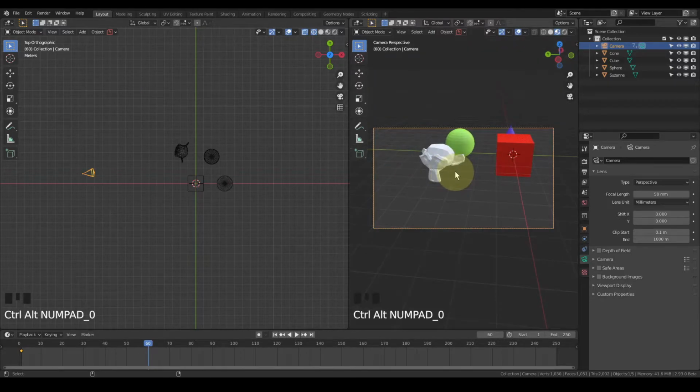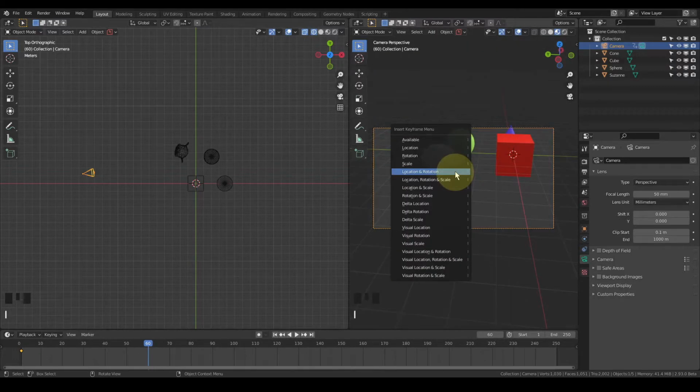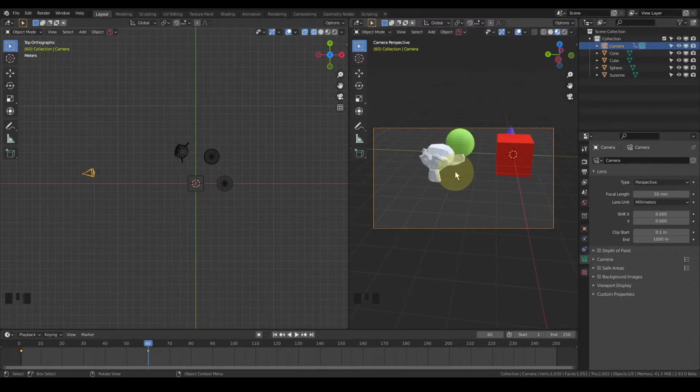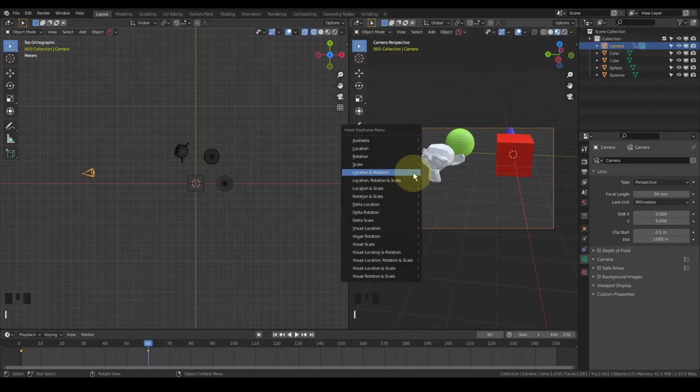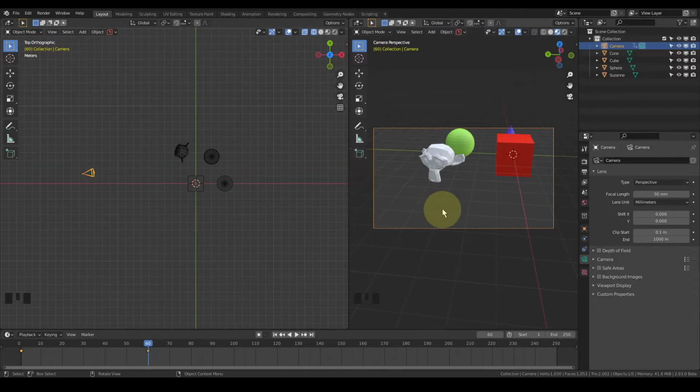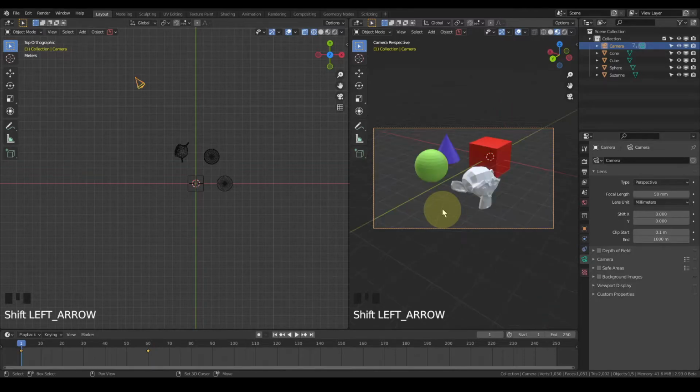So again, Control Alt 0, and I press I and O. Whatever is highlighted is location and rotation. If you want to keyframe the scale, you press S. And if you want to keyframe location and rotation both, you press O.